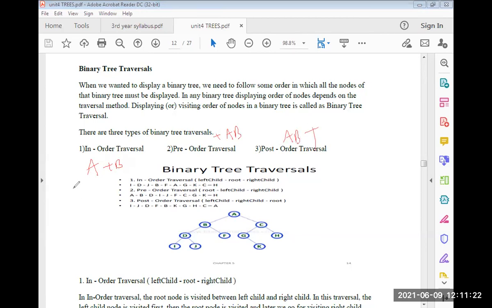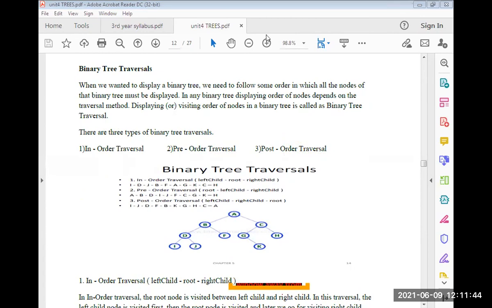A means left, plus means root or parent, B means right. Pre-order is root, left, right; in-order is left, root, right; post-order is left, right, root. In this way you traverse the tree. Today we are going to discuss another example for traversing the tree.